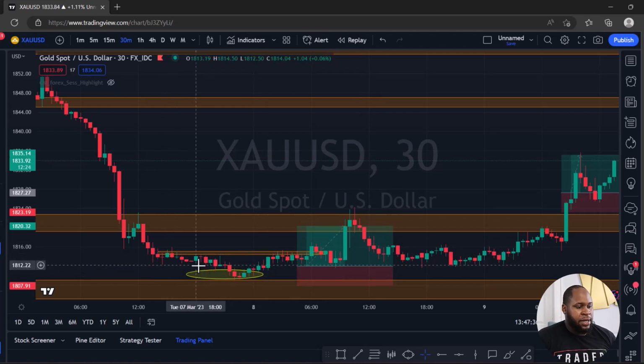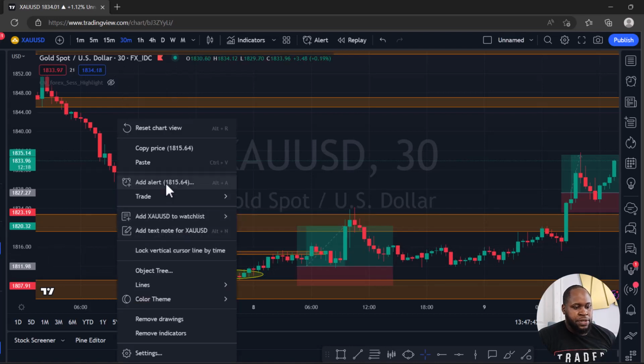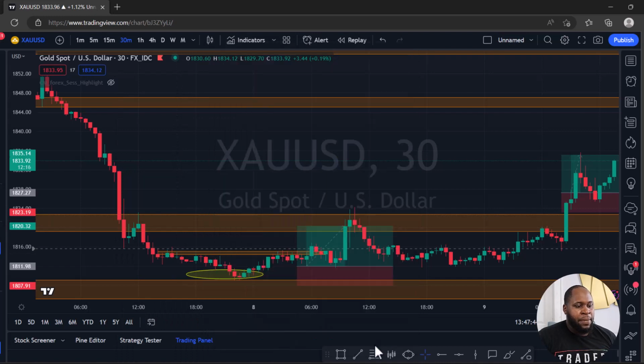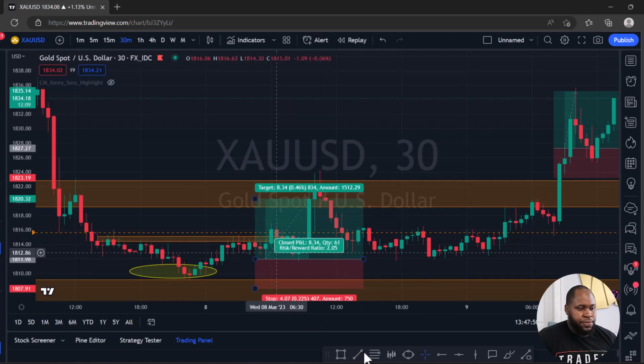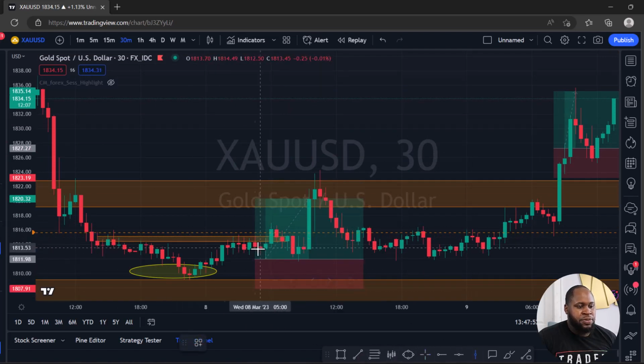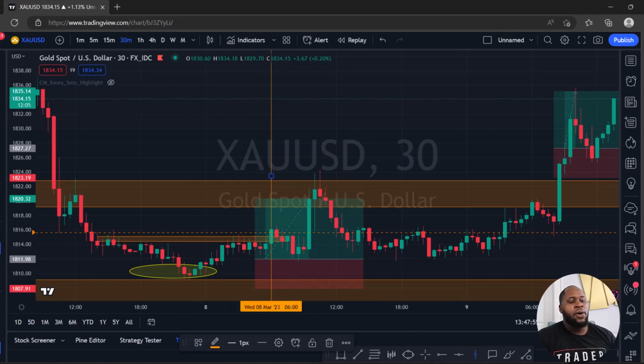So I'm going to set an alert in this area right over here, right above resistance. Okay, so I set an alert and I'm alerted once price breaks this resistance on this candle right over here. So price breaks resistance on this candle. Now, the next thing I want to do, now I can either choose to enter the trade, or if I